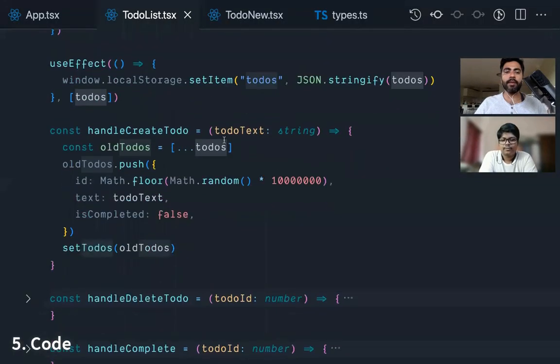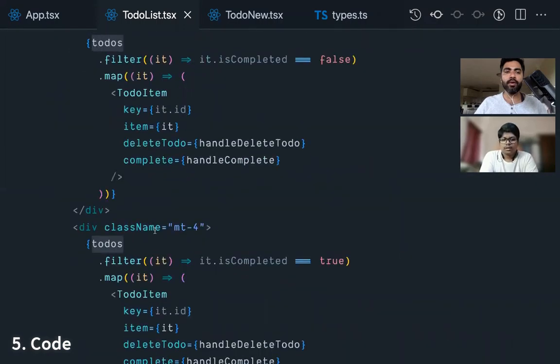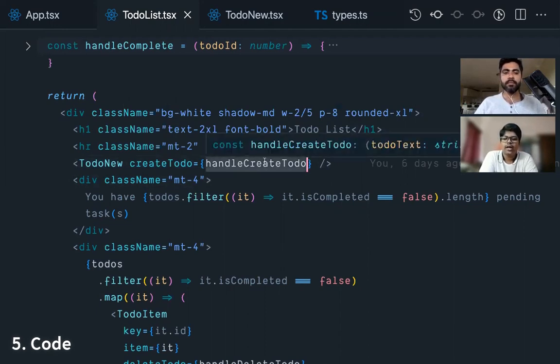Do you want to explain about the create to-do, Kenny? I think from here we got that create to-do. Handle create to-do. So in the to-do new, on submit, we are taking the text that was entered and passing it to handle create to-do as the argument in that function. So if we scroll up to that,